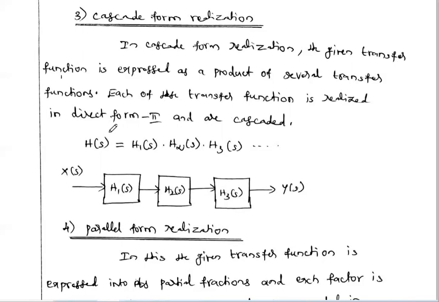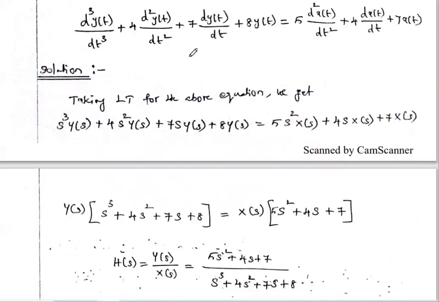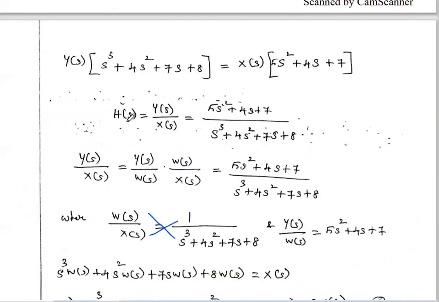So each system has a transfer function H(s). That H(s) is either a second order equation or third order and so on. What is meant by order? The highest power of the denominator polynomial. In the previous problem we solved direct form 2 realization, and in that we derived H(s). In the H(s) equation, this is the numerator polynomial and this is the denominator polynomial. The highest power of the denominator polynomial is which one? Third. Okay. So the given system is a third order system.